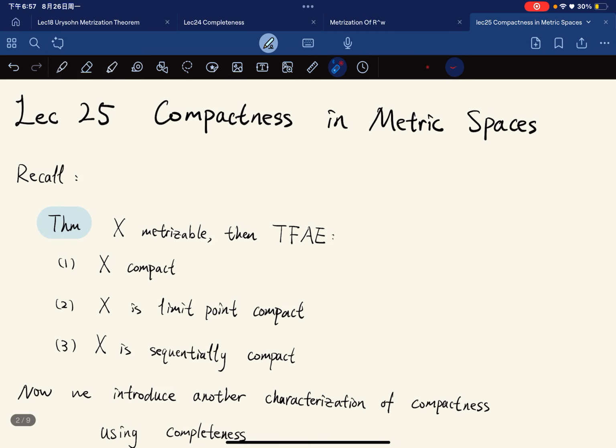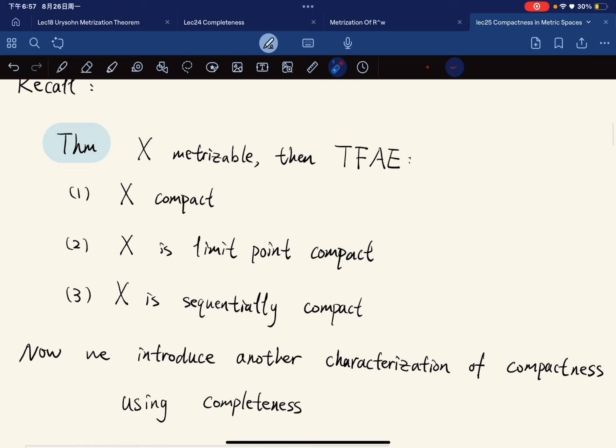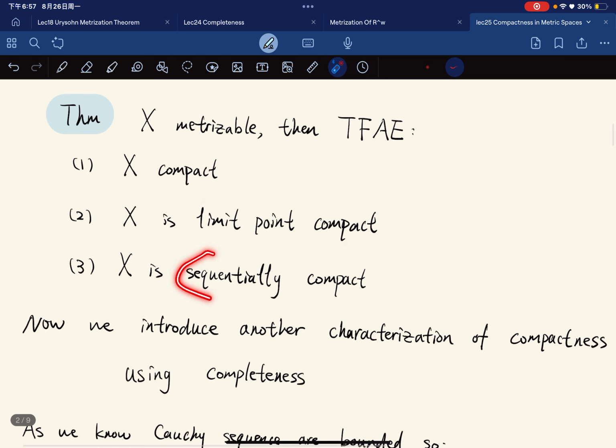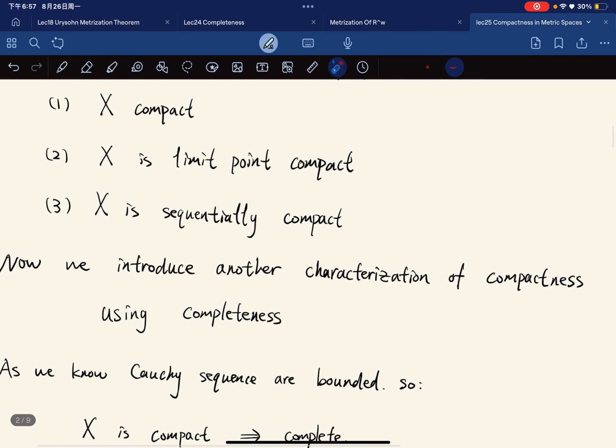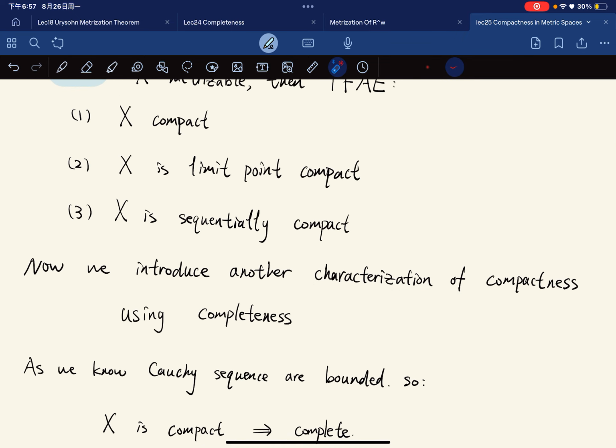Okay, so welcome to the 25th lecture, and the topic for today is compactness in metric spaces. Before, we established a very important characterization of compact spaces: compact is equivalent to limit point compact, which means that every infinite set has a limit point, and is equivalent to sequentially compact, which means that every sequence has a converging subsequence. And they're all equivalent. But now we're going to introduce another characterization of compactness using the completeness which we introduced